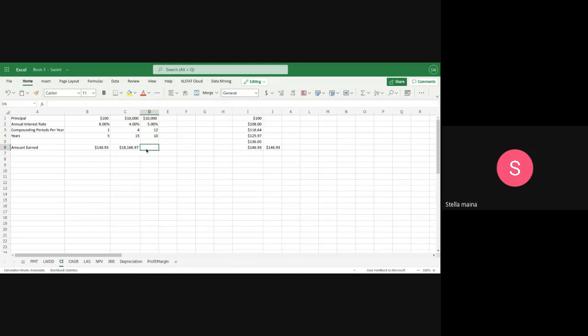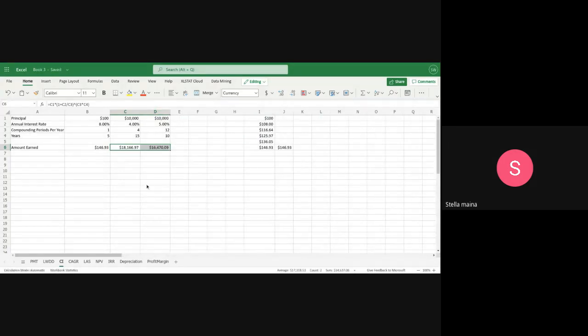So what is the amount? Let me increase the width of our column, and you can see it is 16,490. So this is compounded after every 12